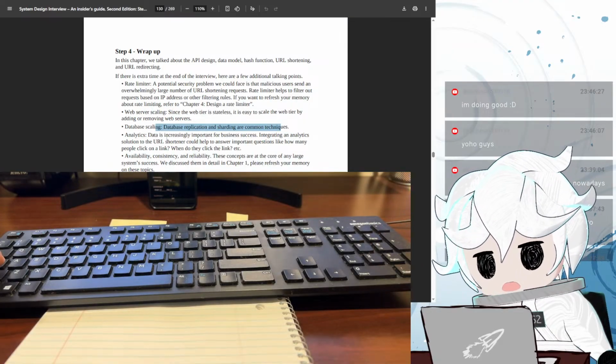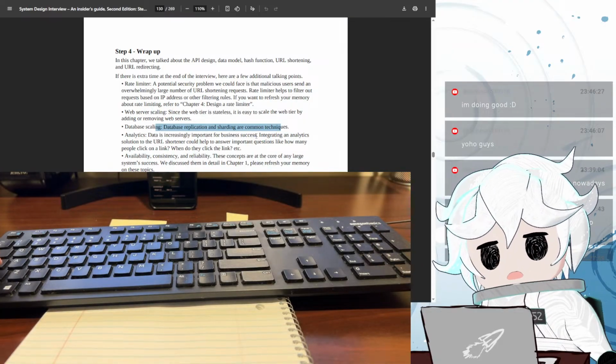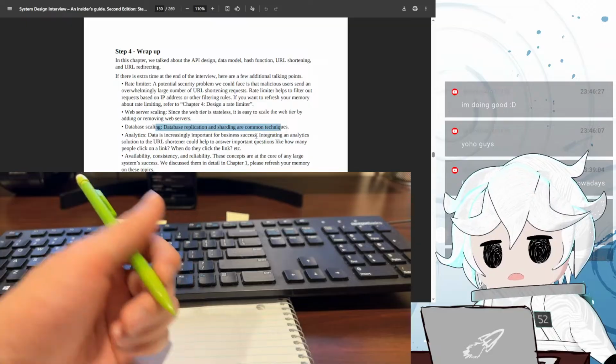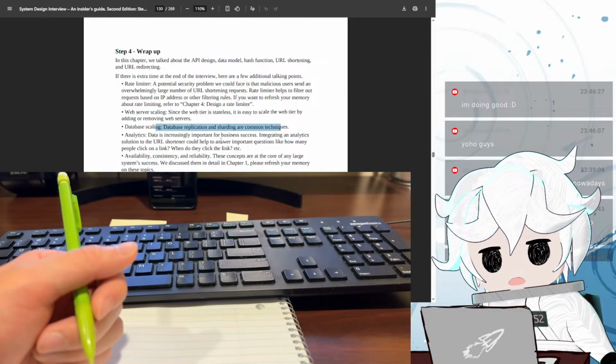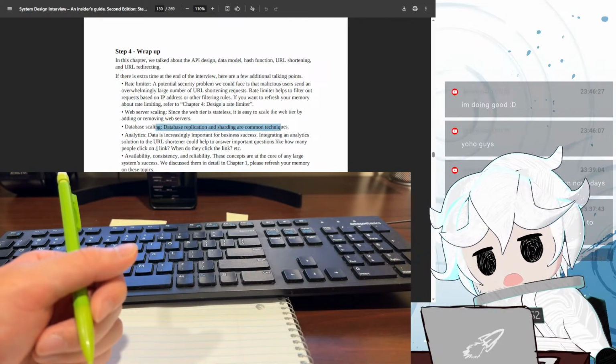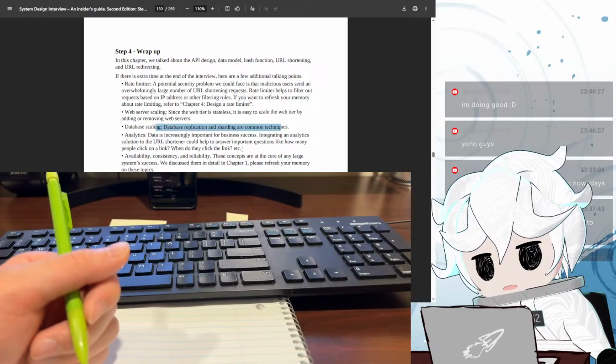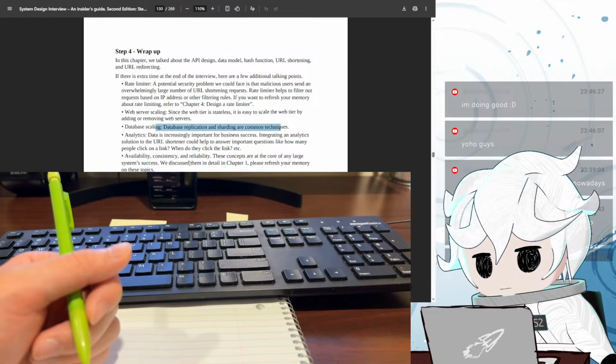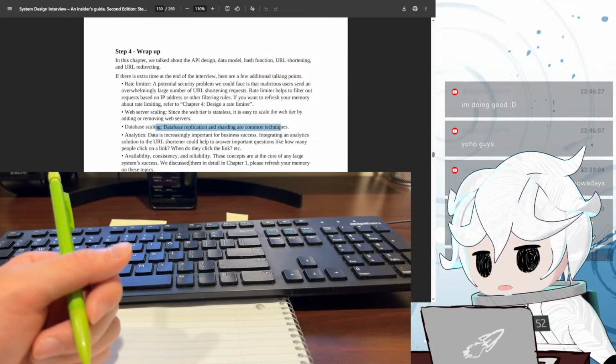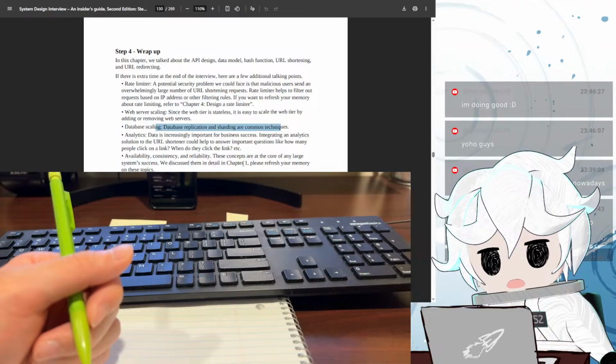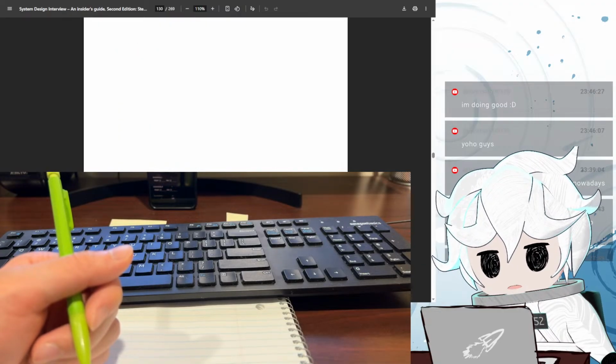Okay, analytics. Integrating an analytics solution to the URL shortener could help to answer important questions like how many people click on a link, when do they click on a link. We discussed them in detail in Chapter 1. Please refresh your memory on these topics. Okay.